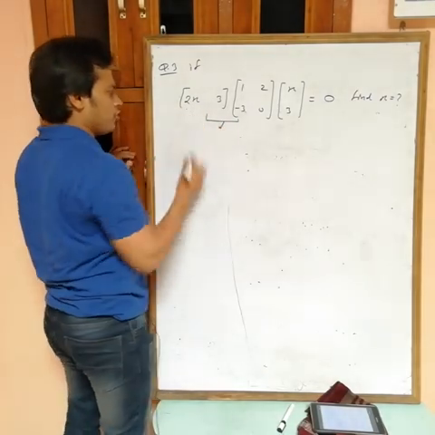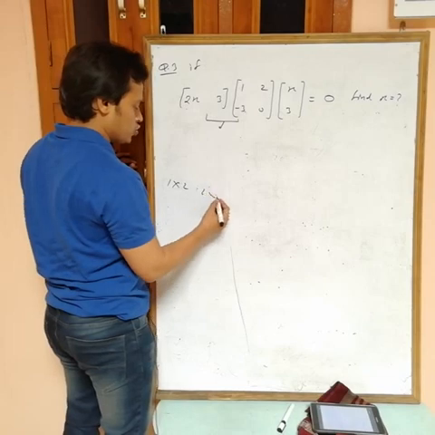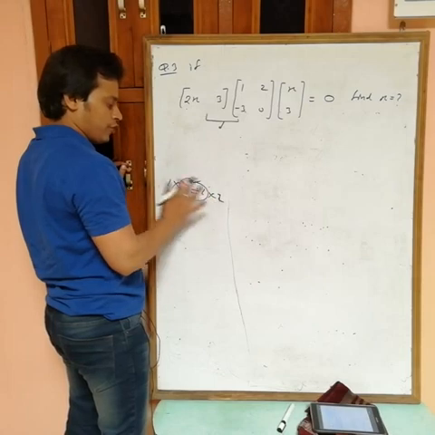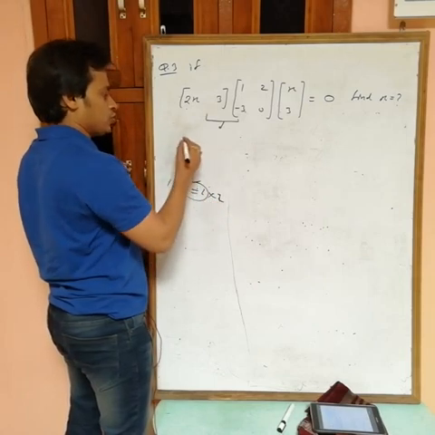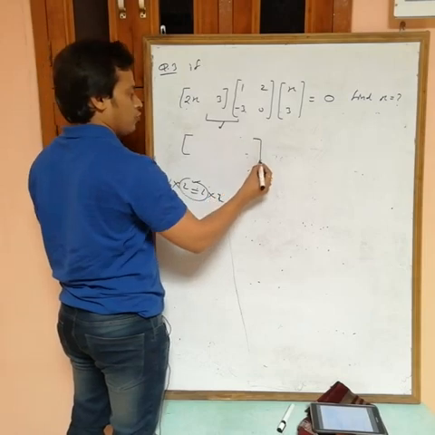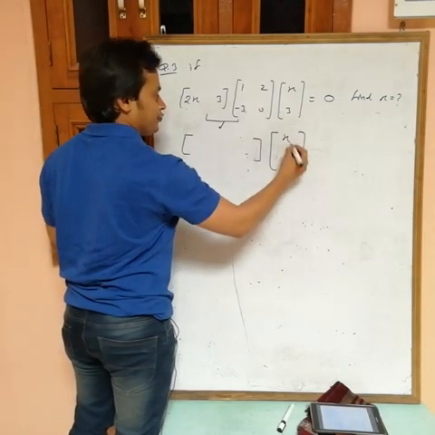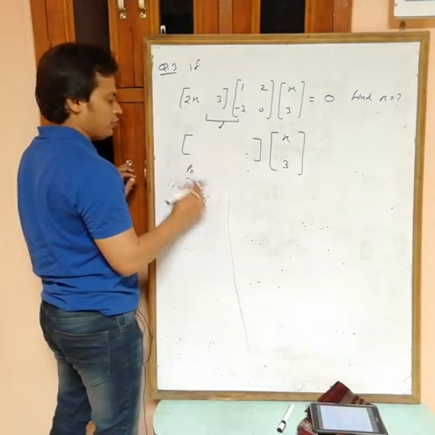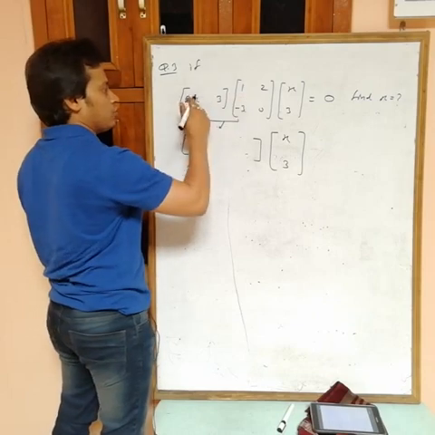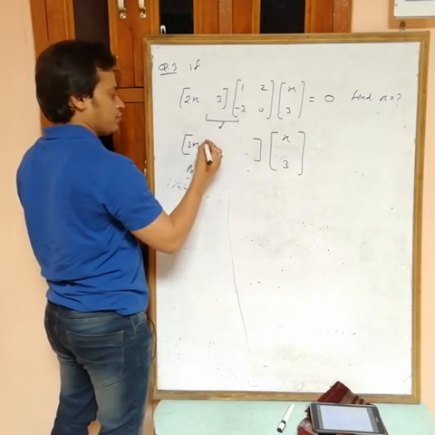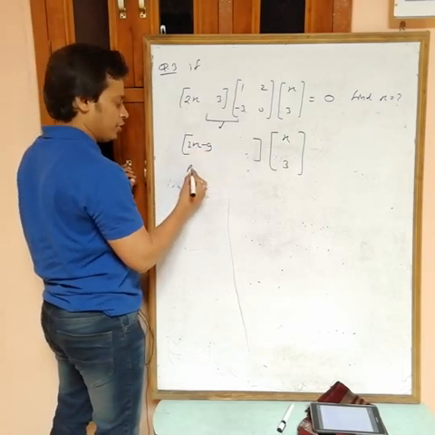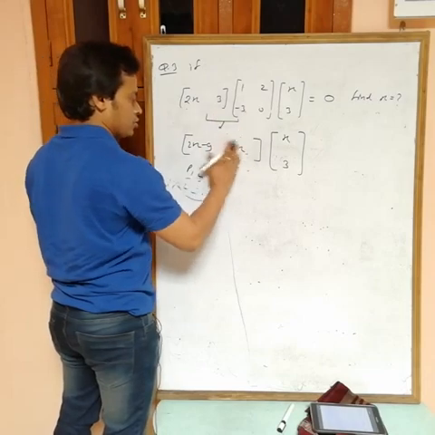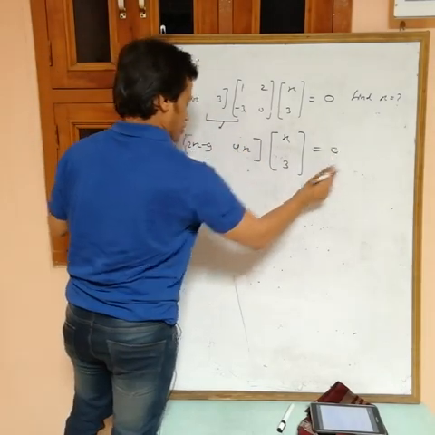If you multiply these two, the order of this one is 1:2, the order of this one is 2:2. These are same. Then the order of the product matrix is 1:2, 1 row and 2 columns, and this is same as it is. Now first element P11, how to get P11? First row with first column, 2x minus 9, P11 is over. Now P12, first row second column, 4x plus 0. So only 4x equals to 0 matrix.